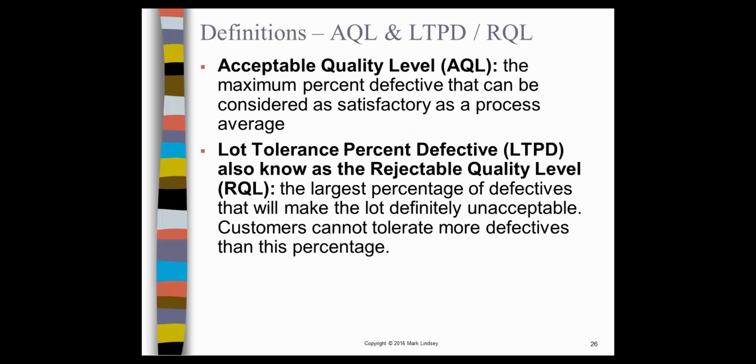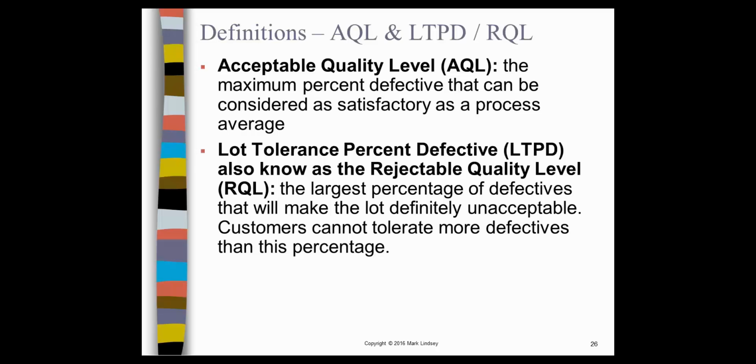All right, some definitions. The AQL is known as acceptable quality level. So it's the maximum percent defective that can be considered as satisfactory as a process average. So what's really key to remember is that it's the maximum that you're willing to tolerate that's considered satisfactory as your process average. Now, if you exceed that, you get into the next one here, which is your lot tolerance